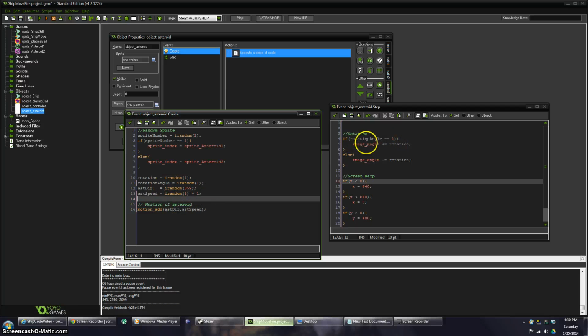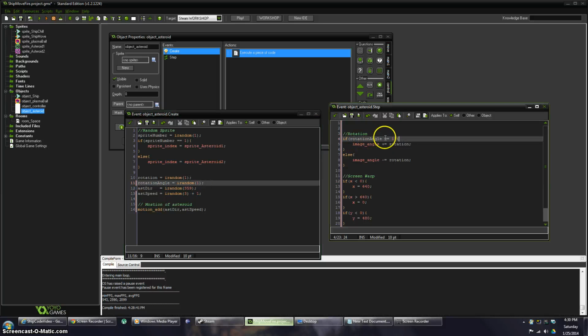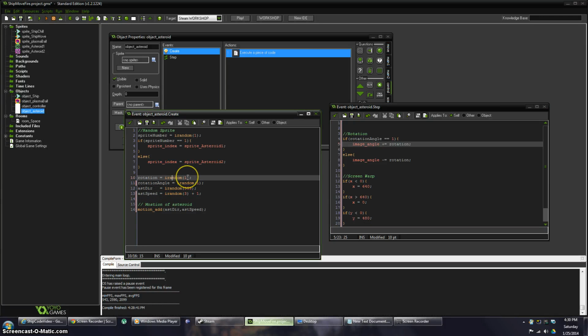Over here, the rotation is going to increase every step. So notice my rotation right here, right? Okay, so my rotation angle is 1 or 0. So basically what's going to happen in this if statement is that if it's a 1, it's going to rotate right, and if it's a 0, it's going to rotate left, so it's going to make my asteroids rotate right or left. And then here's my increment, right? So my increment is going to be this rotation right here, and so it'll be between 0 and 1,